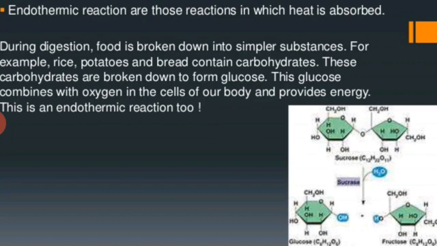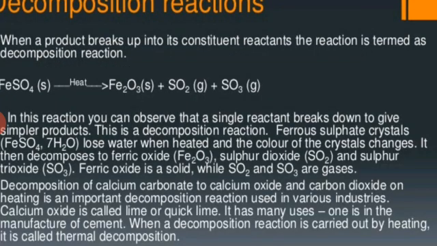Like during digestion, when we digest our food, the complex food is broken down into simpler substances and absorbed by our cells to release energy. This is an endothermic reaction. Decomposition reaction. Decomposition reaction is opposite to combination reaction. A substance is broken down into two or more products,